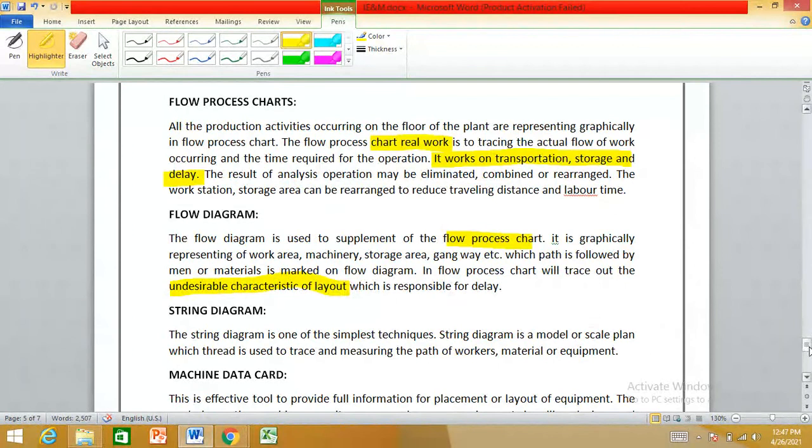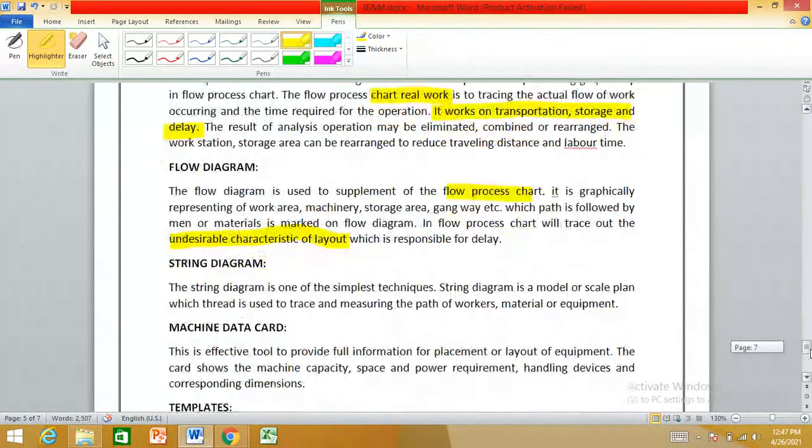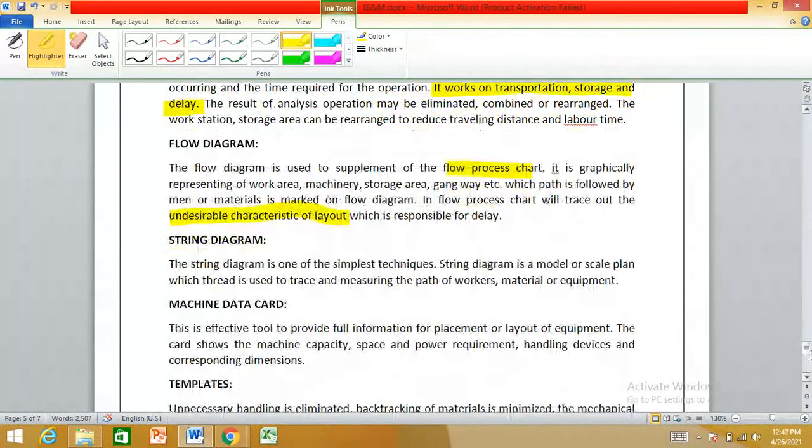Then our string diagram is the simplest technique, where you make a model where everything is there. It is quite equivalent to a template, where different models are used to trace the path of workers, materials and movements.